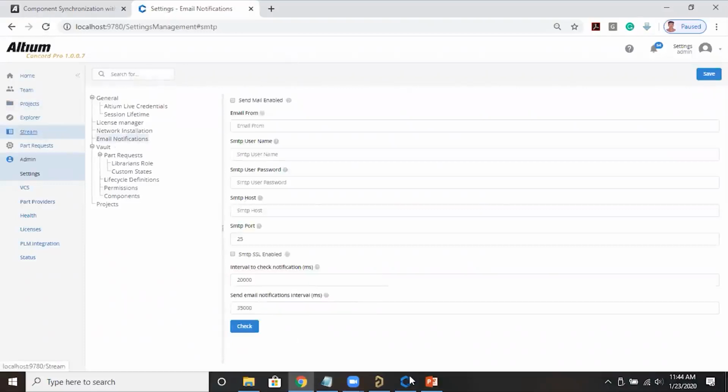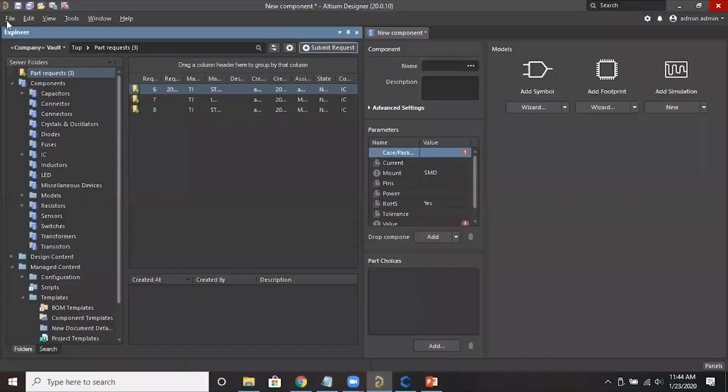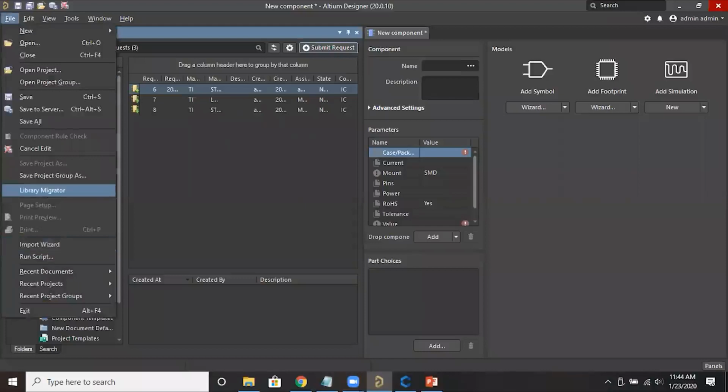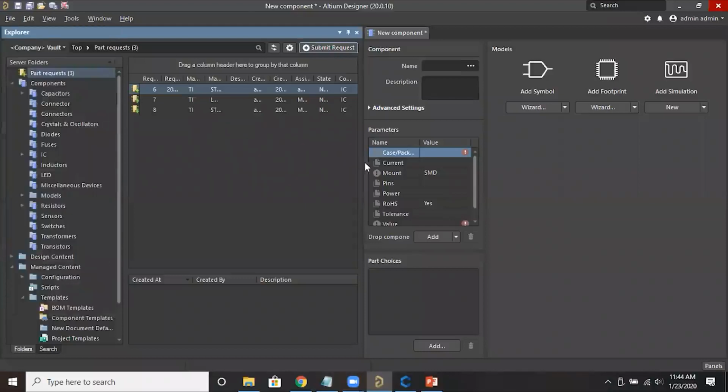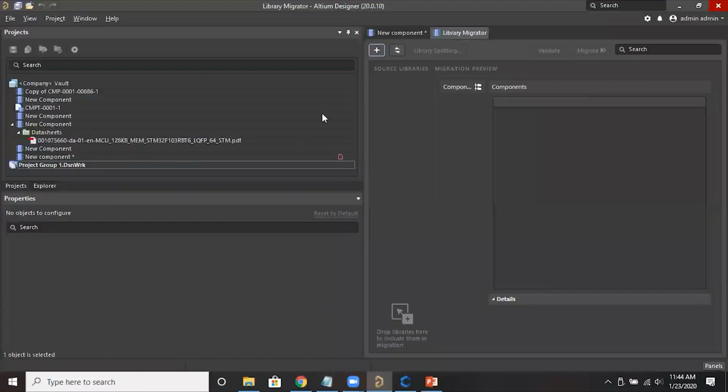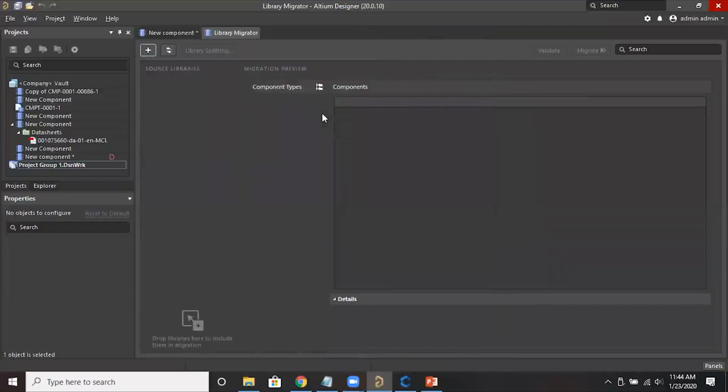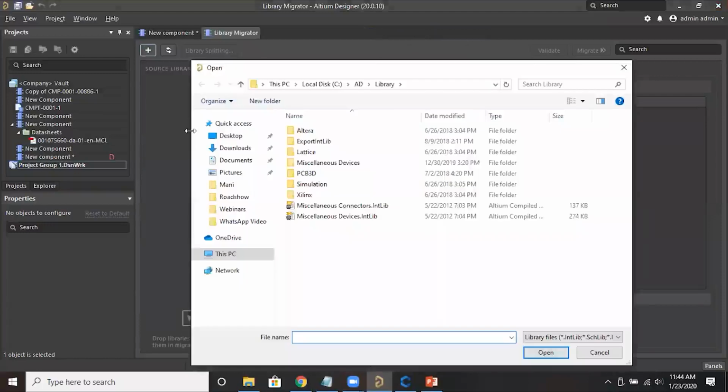Yeah, and I'll show you some migrations. So the file library migrator. This is maybe 19, we have to check, but in 20 we have improved this library importer. I'm selecting miscellaneous devices, because in this integrated library we have different types of components, right?